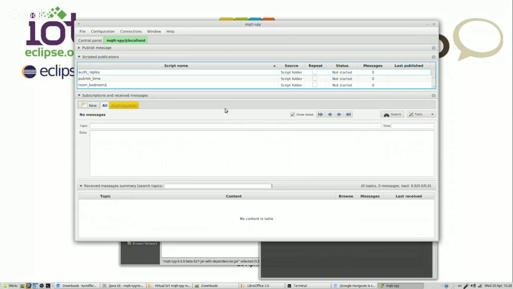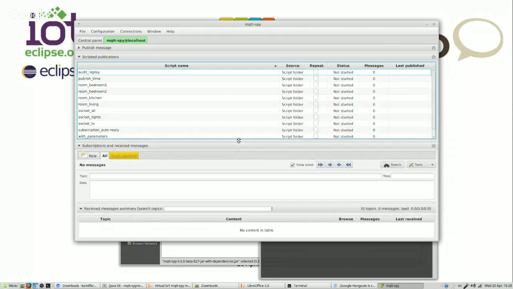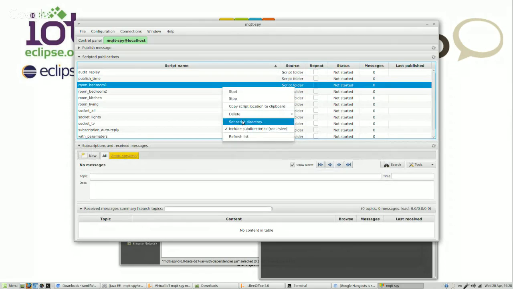Let me just make it a bit bigger so we can see. So what we've just done is we said where to find the publication scripts that we want to run with. MQTT-spy then went and inspected that directory,